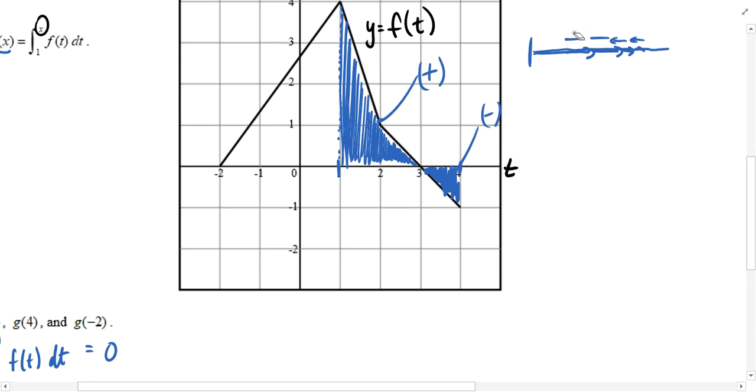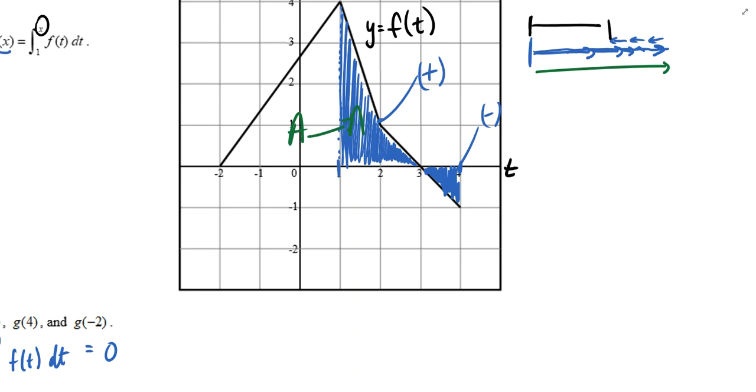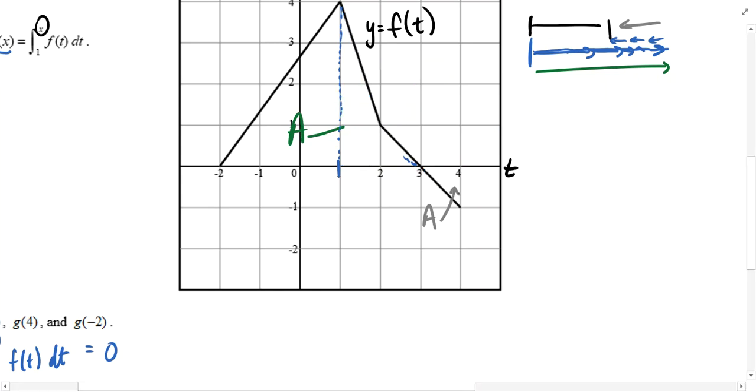And so we might be interested in the total distance that we are from our starting point. And if we make it to the end of our journey and turn around and start coming back, well, the total distance from start to end is a little bit less than the distance originally. And so while this rightward direction might have been the area associated with this positive number, this leftward direction would be the area associated with this negative number or negative position. And so with a little bit of mental math, we might recognize that the area associated with this triangle is equal to